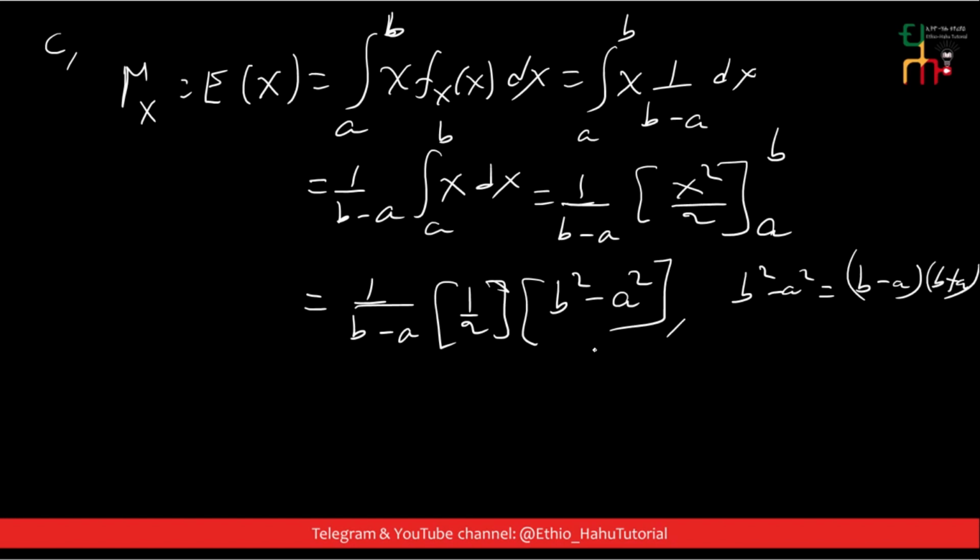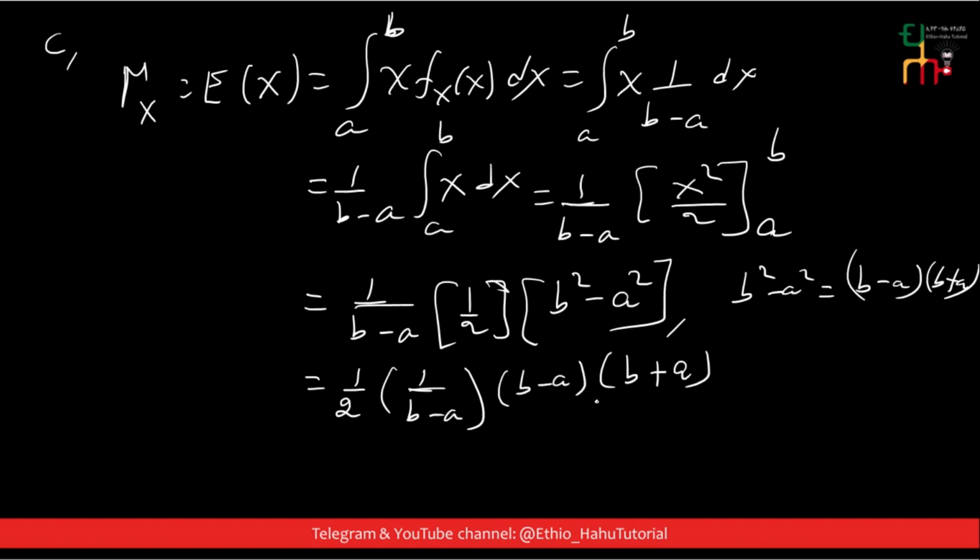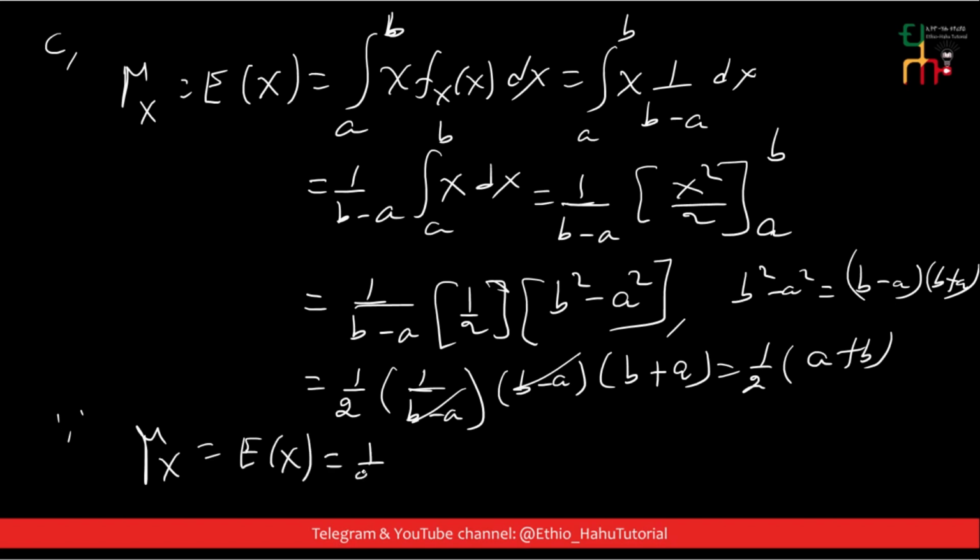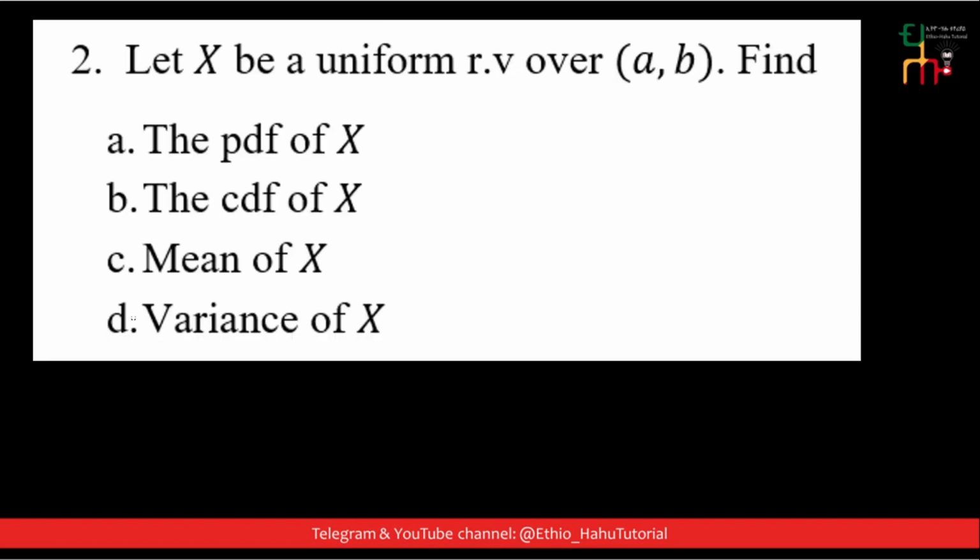ማለት ነው difference of two squares ስለሚሆን ማለት ነው። This is equal to 1 over 2 አድርጌ times 1 over b minus a አረግና ይሄንን b square minus a square ማለት b minus a into b plus a ይሆናል b minus a በb minus a ይጣፋልኛል 1 over 2 times b plus a ይሆናል. This is equal to 1 over 2 into b plus a ማለት addition commutative ስለሆነ a plus b ይሆናል ማለት ነው። Therefore mean of x or expected value of x ማለት ምን ማለት ነው half of a plus b ይሆናል ማለት ነው።